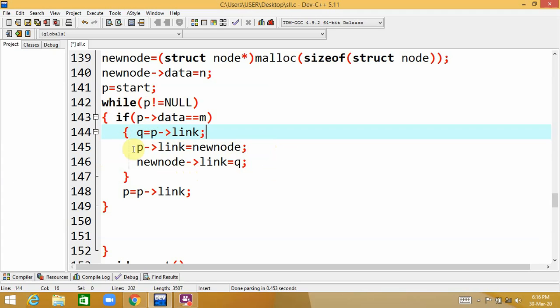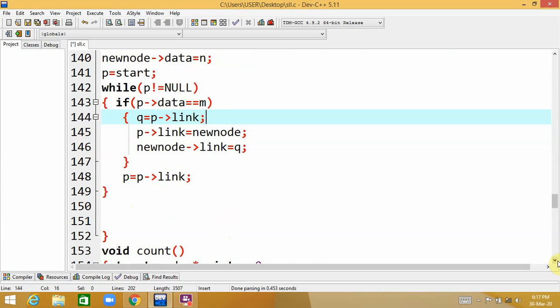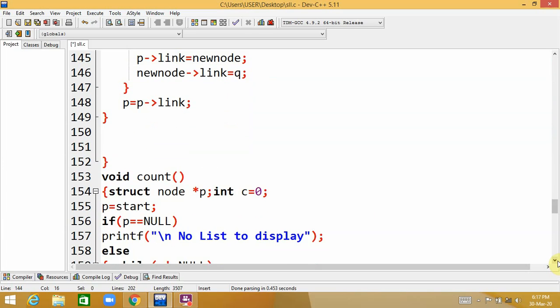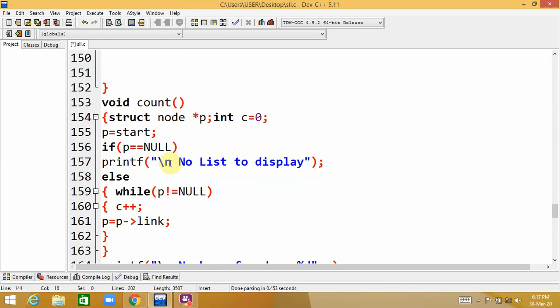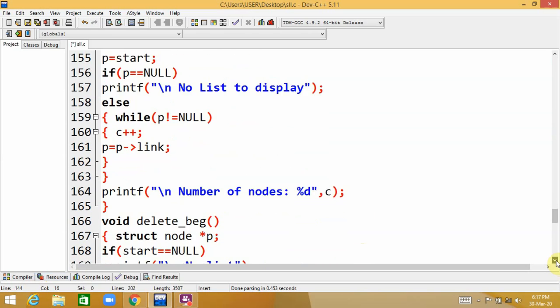Done. So you do all these things if the data part is matching. Otherwise you just need to proceed. So it is insert at any or insert after some particular node position. Then there is one count function by which you can count while P is not null. A counter variable is set for how many nodes there are. Using P equals P arrow link, you can count